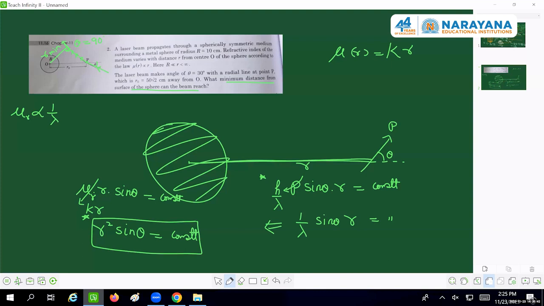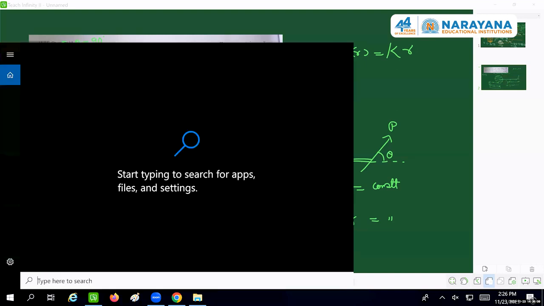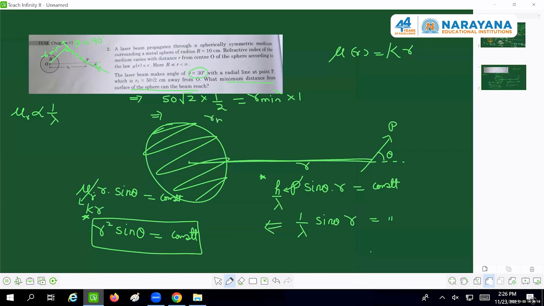So to begin with, what I was given was r naught, 50 root 2, and theta initially was 30, whose sine is half. It will be equal to r min square, and the sine 90 term will be equal to 1. So quite evident that r min will come out,